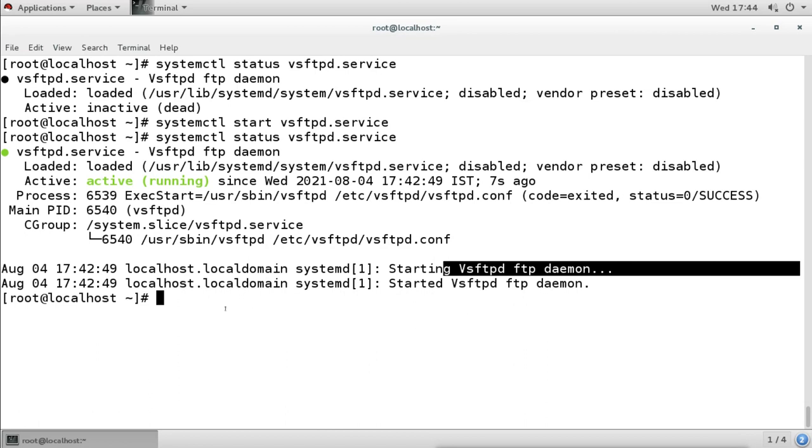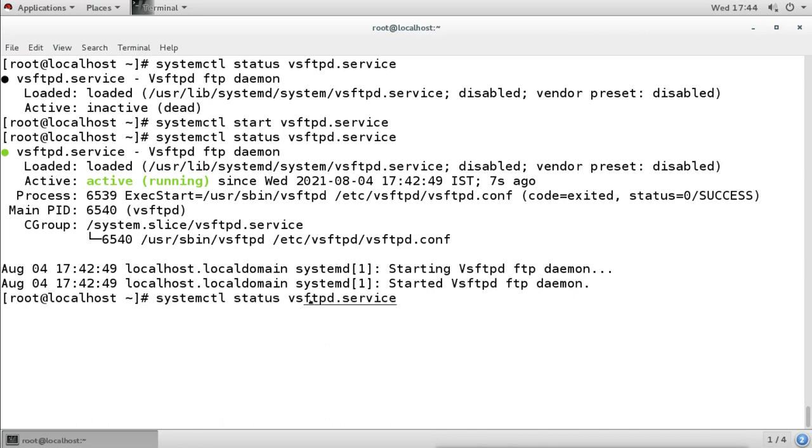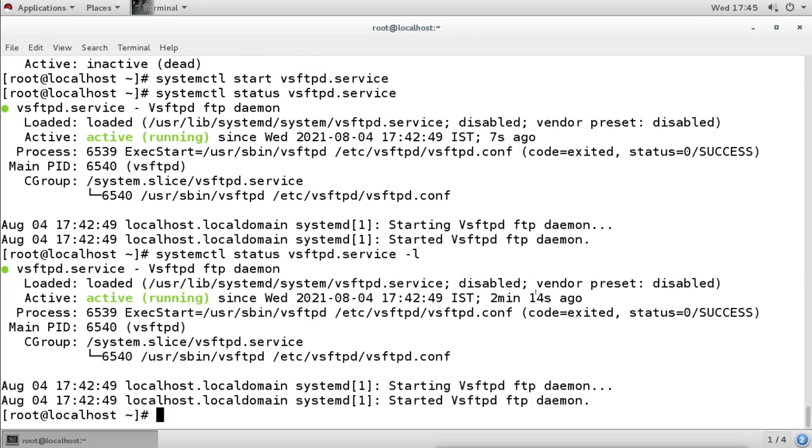It will also indicate that you should use the -l option to see the full length. So if I use -l here, the message is not cutting here, but if it is cutting, then I will use the -l option when I am using the status command. So it is not showing any extra thing, but when the messages are cut or the full message is not showing here, then we can use this option to see the full message.